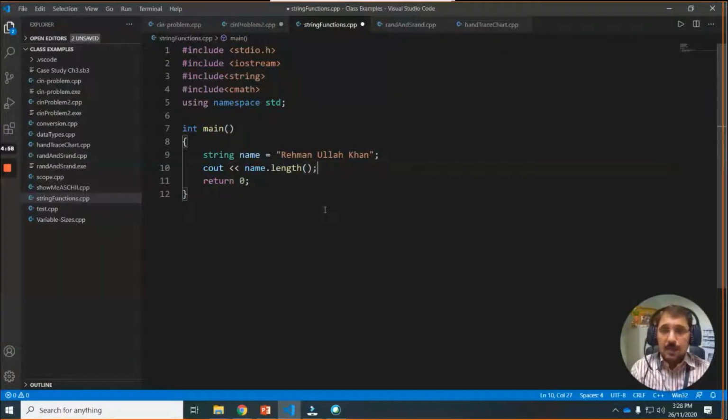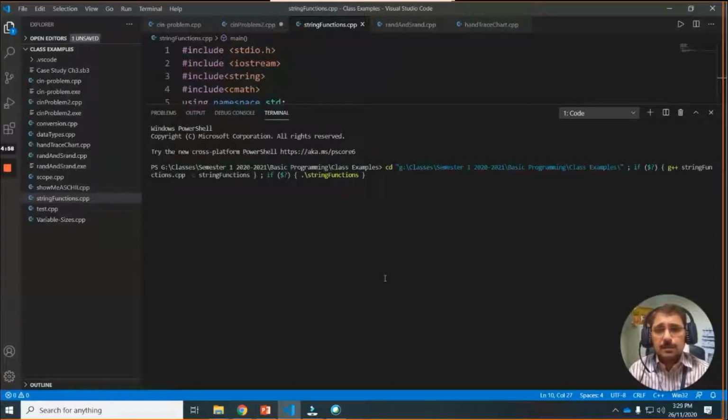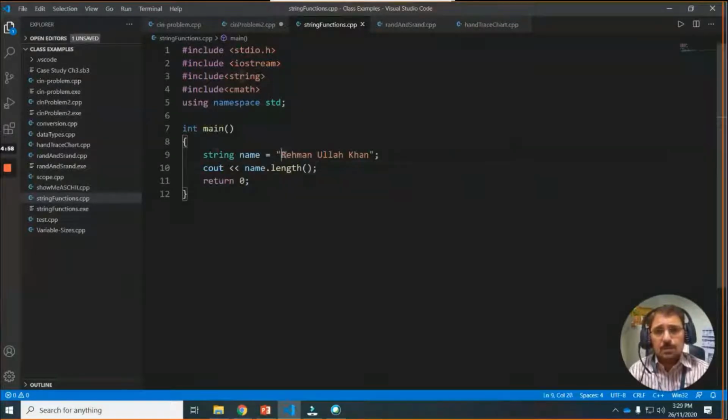If I save this and run, you will see 17. If you count the number of characters in my name, you see 1, 2, 3, 4, 5, 6. The space is also a character, 7, 8, 9, 10, 11, 12. Again a space, 13, 14, 15, 16, and 17.